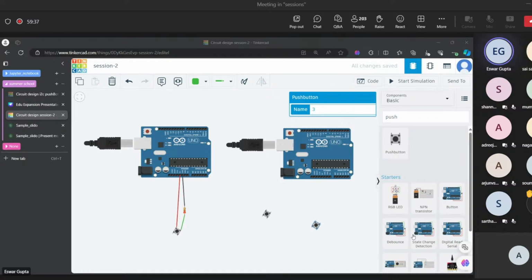Yeah, you can speak, Ellen. Sir, using the wire, we are connecting the push button. Where is the wire from? You can just touch on that one cable and drag like this. You'll get the wire.